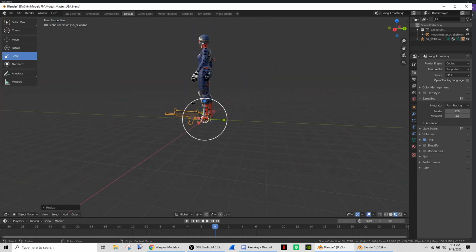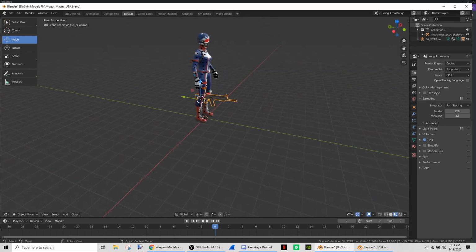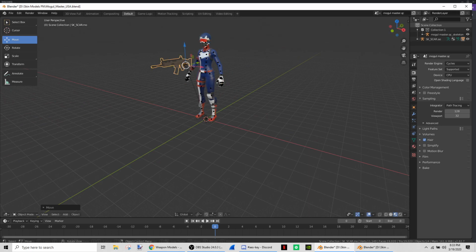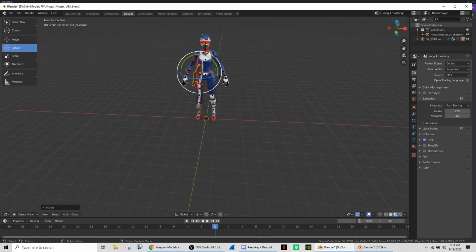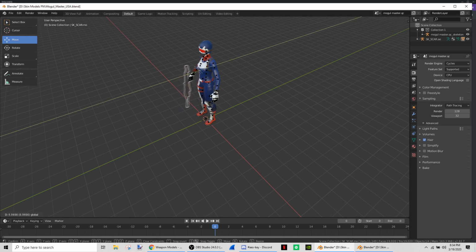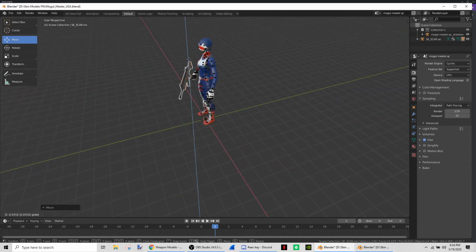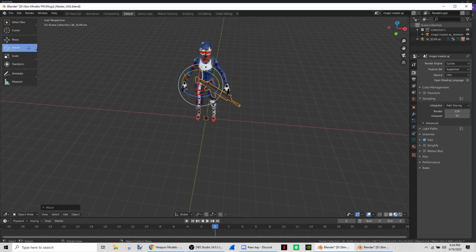So I'd say a little bit smaller than this, and then I'll just move it around. I'll say this is good. Okay, so let's move it around a little bit. Let's say we want the SCAR to be in this position. So you want to click on it, and make sure that since you're pinning it, it's on object mode. But then once you have your SCAR in a good place to start, you can